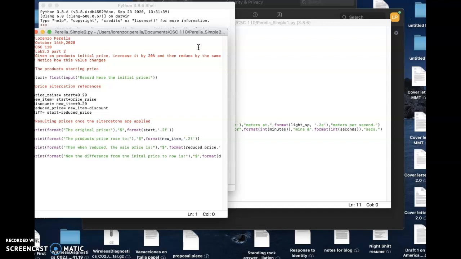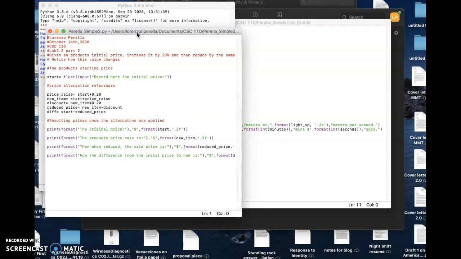So, in this case, just like before, we have 5 pieces after we have the start. But what's important in this case is because we're using money value, we need to do float input in order to establish it as a float value. Once we do that, and illustrate all the pricing as this, 0.20 is 20%, and then the new item is the start plus price raise, and so on and so forth,